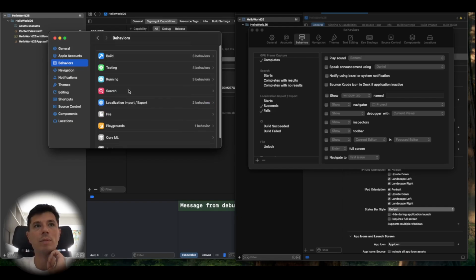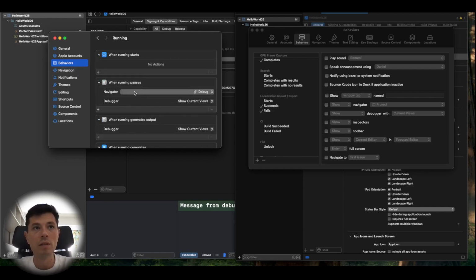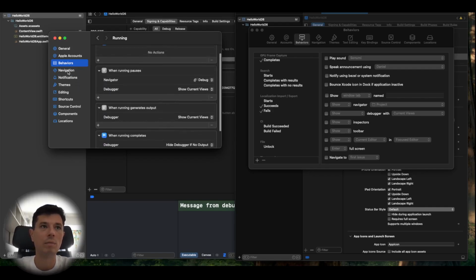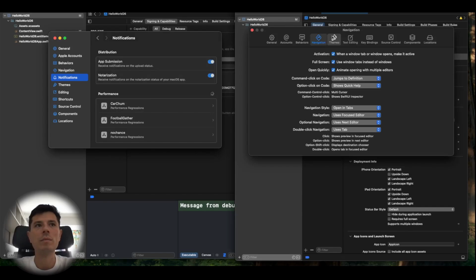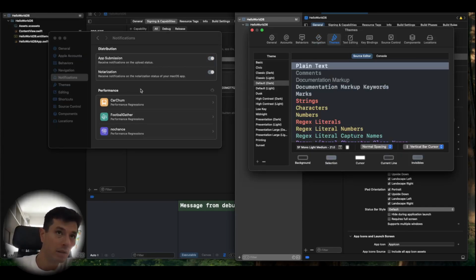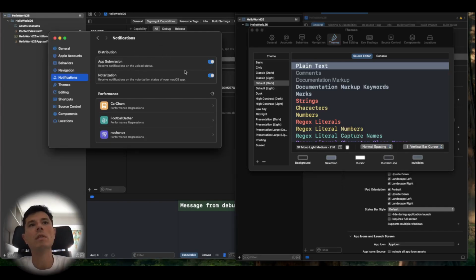You are grouped by the build kind of behaviors. You have testing, running behaviors, and so on. And if you want to access it, you'll see an even better grouping. You select here actions, and those look much better. Teams, you have also here notifications, where you can select if you want to receive notifications on the upload